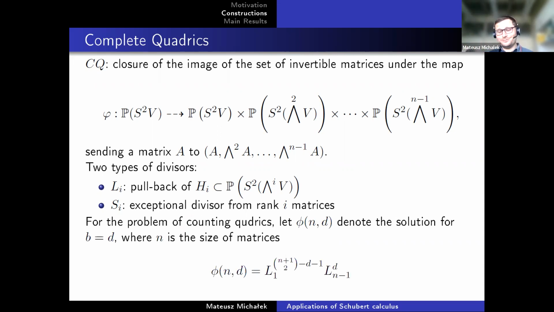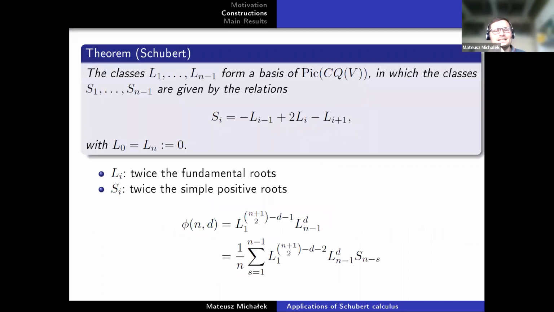What actually Schubert, without having all of those theories, and I don't know how he did that, he was a genius, realized is that the problem of counting quadrics that pass through points and are tangent to the given number of hyperplanes is nothing else than solving this intersection problem. So here product denotes intersection. You just have to intersect a few times divisor L1 and a few times divisor Ln-1 and count how many points you get. And not only did he realize that this is the correct counting problem, he also provided very good tools to do that.